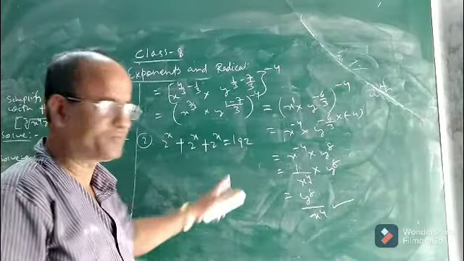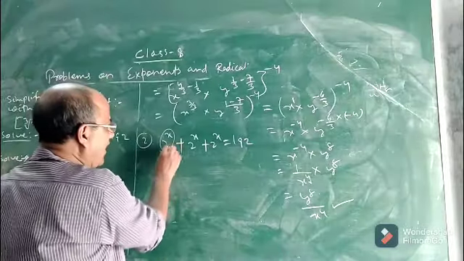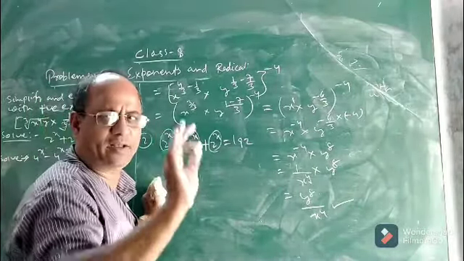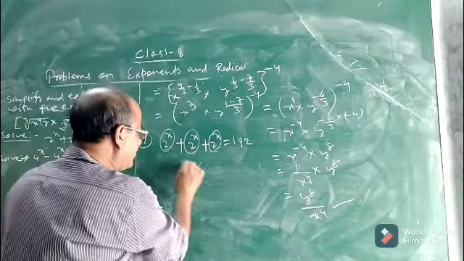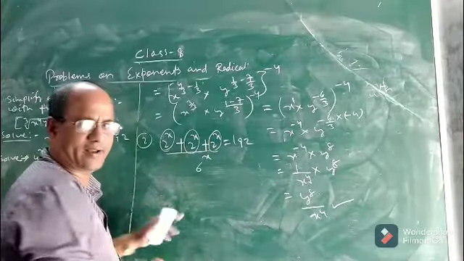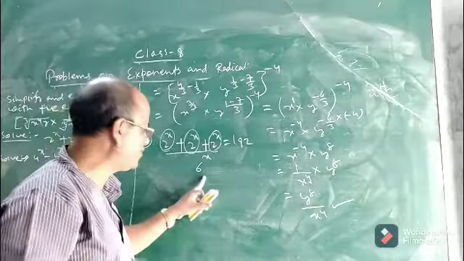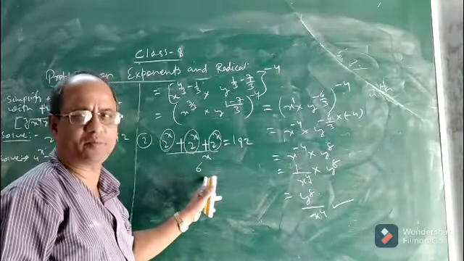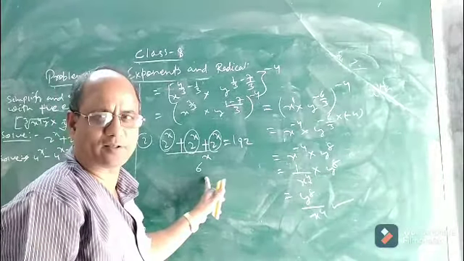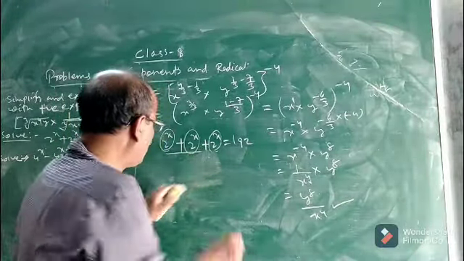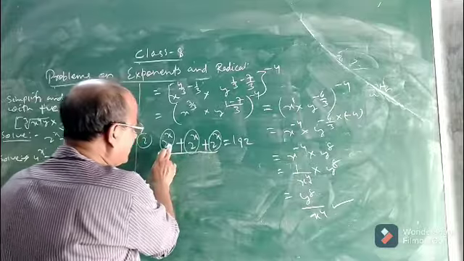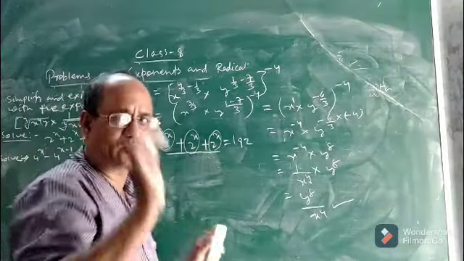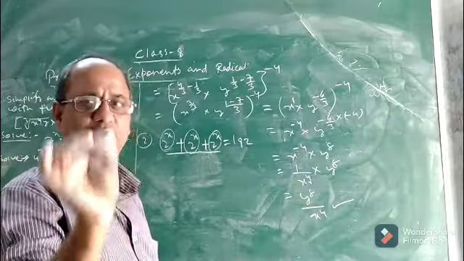How to do it? See, now children, when we add 2 to the power x, many of you, I know, what do you do? You write the sum of these three as 6 to the power x. Many of you may write 6 to the power x by mistake, but the sum of these three will not be 6 to the power x. So what will be the sum? How to know? These are like terms: 2 to the power x, 2 to the power x, 2 to the power x. And you know in algebra that like terms can only be added.